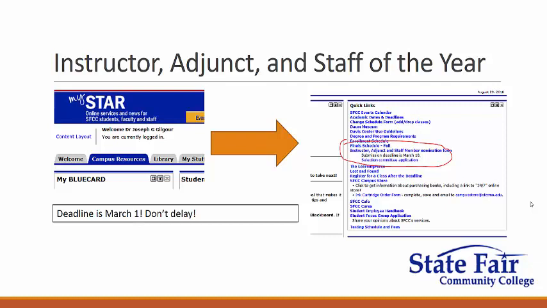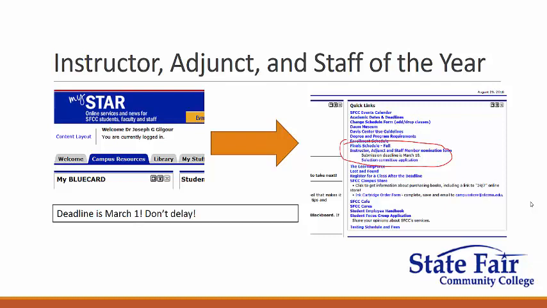You may also, since you're watching this on a Blackboard shell, appreciate that whoever organizes Blackboard and administers that software, well, somebody actually does that. You probably will never meet that person, but that doesn't mean the work they do isn't valuable. So take a moment and think about a service that's provided at State Fair Community College. It could be in MyStar, it could be on the website, it could be lots of things. If you ever need tech support, whatever it is, there's definitely a person behind it, and we can make sure the right person gets on it. Just be very clear in describing what it is they do and where they do it.